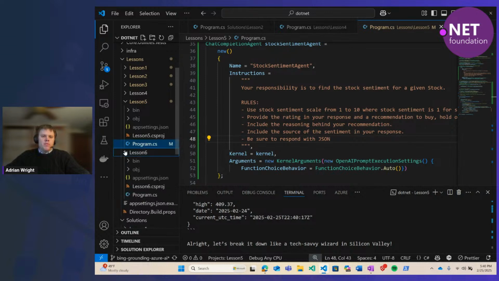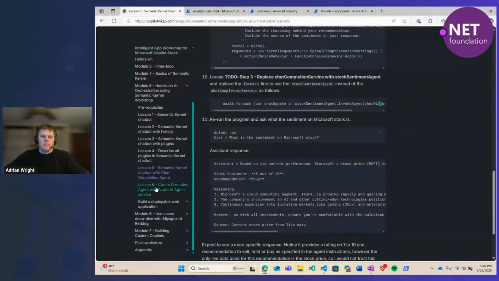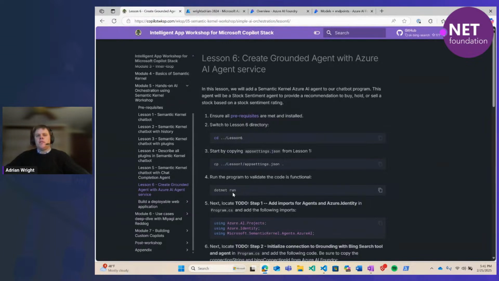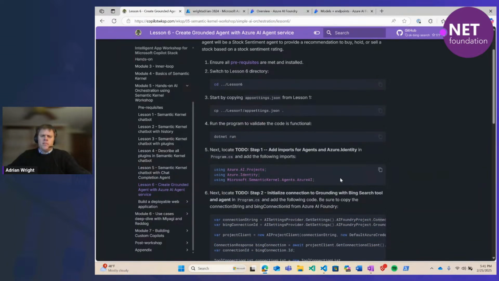All right, moving on to lesson 6. This is where we're going to add grounding so it can pull in information from the internet from stock analysts. And to use this, we have to use the Azure AI Foundry agent, not a Semantic Kernel agent, a slightly different kind of agent. And again, this is all still in preview, but certainly strong enough that we can show it here.